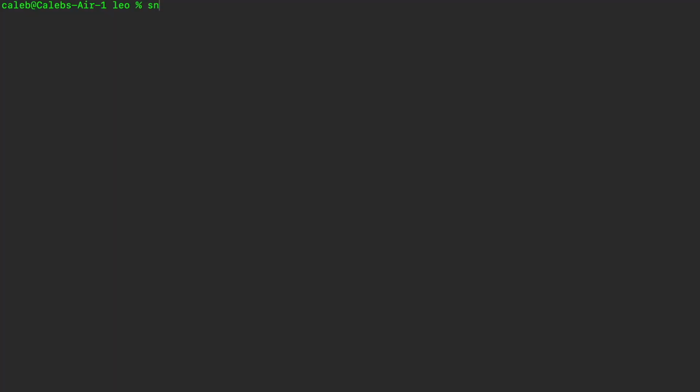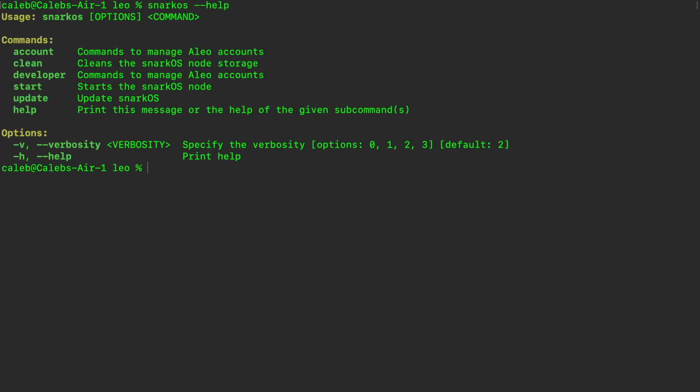The first thing I want to do is talk about the difference between SnarkOS and the Leo commands in the terminal. These can be often used to do similar things or sometimes the same thing, but the SnarkOS command is generally going to be used to work with the network, and the Leo command is going to be used to work with your application. And if something's possible with both of those, such as creating a wallet, I'm going to preference the Leo command. So to get started, we'll say snarkos --help, and this will give you some example commands,